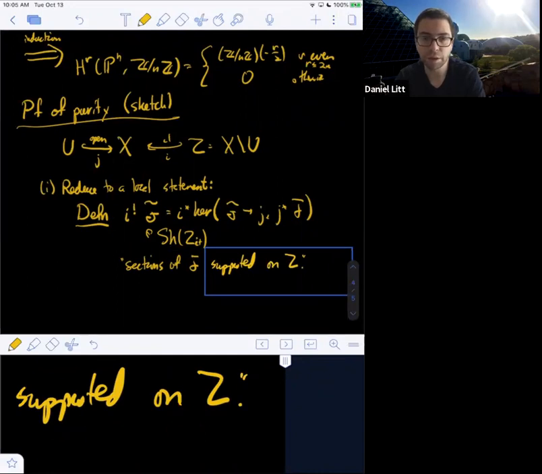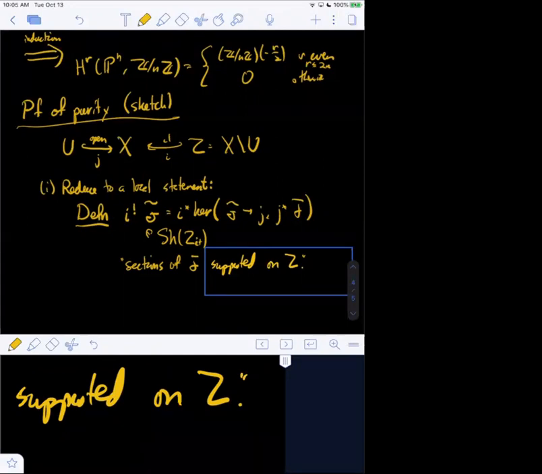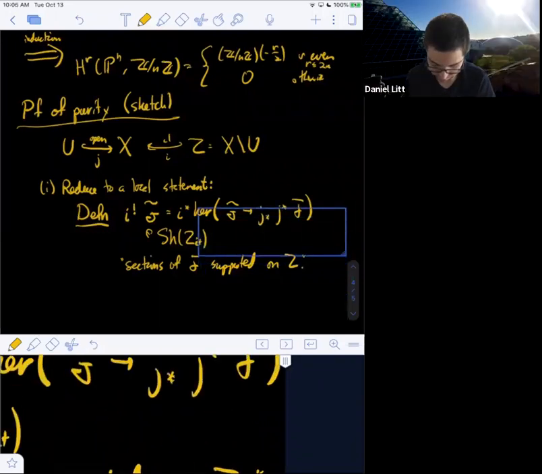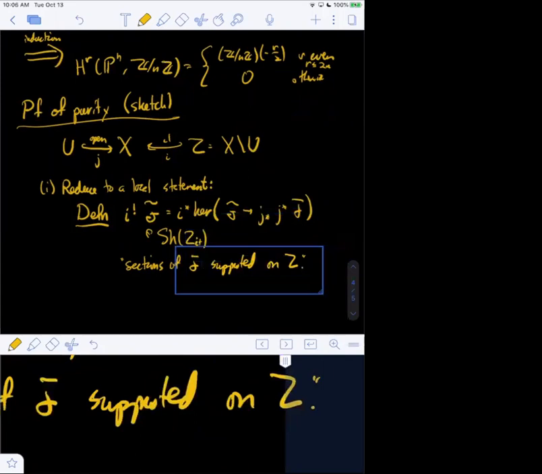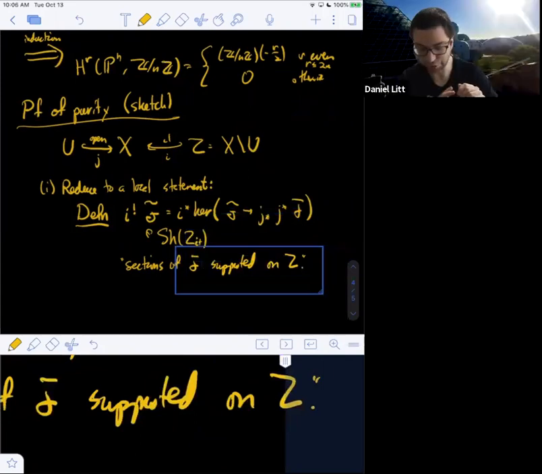Are there any questions about this definition? Excuse me, the first J, is it a lower star or a lower shriek? That's a lower star. Thank you. If it was a lower shriek, then I think you would just get 0. Or no, sorry, then you just get I upper star of F. Sorry.